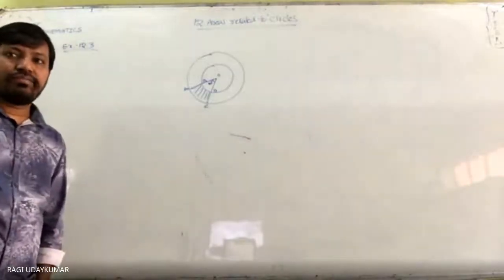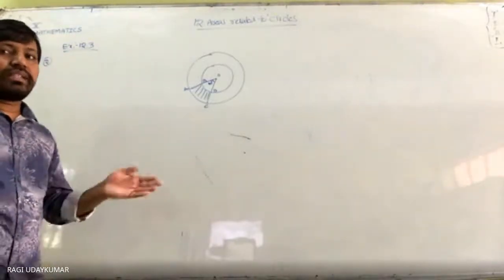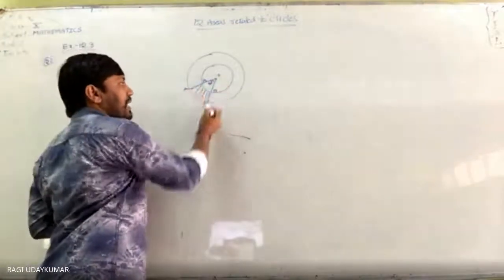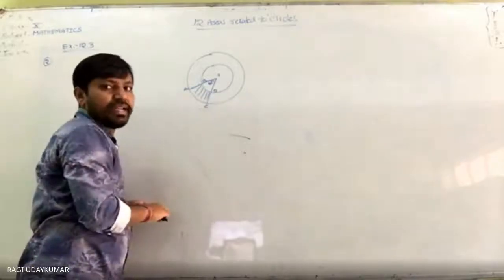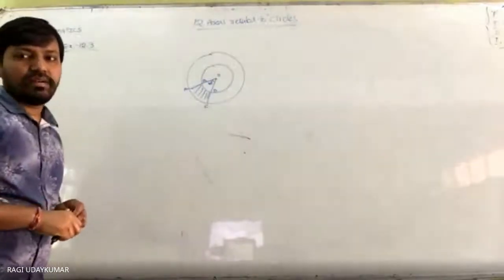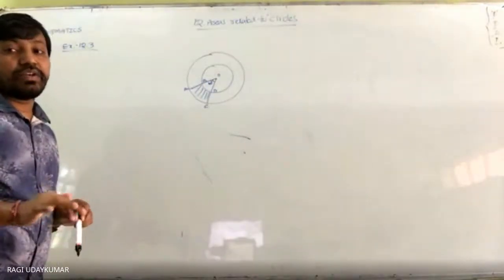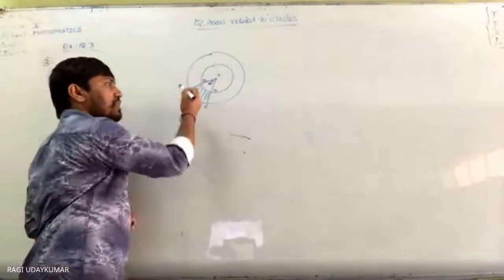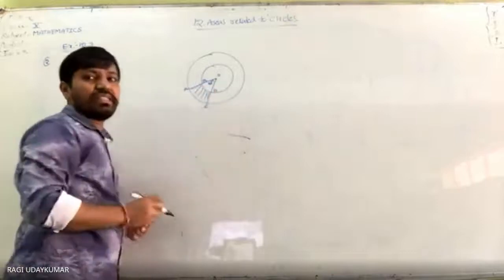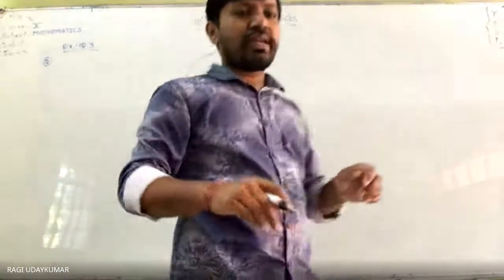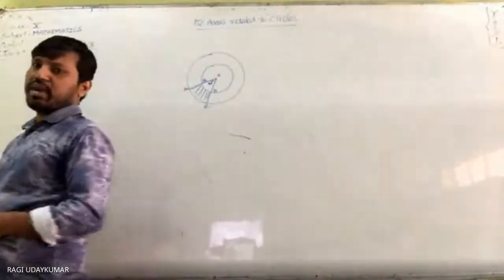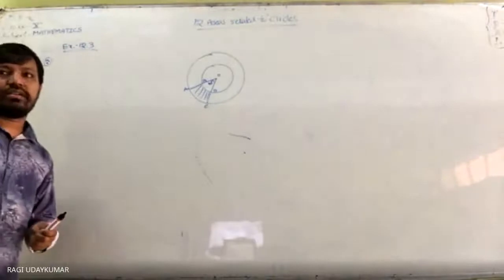So what you need to do here? Two concentric circles, angle AOC is given to you. First you have to find out the sector area. Area of the shaded region means OAC sector. Sector OAC, area you have to find out. The radius is given to you, 14 centimeters. OA is equals to 14 centimeters. OA and OC are 14 and OB is equals to 7 centimeters. So you have to subtract that one. Okay? समझ में आया?